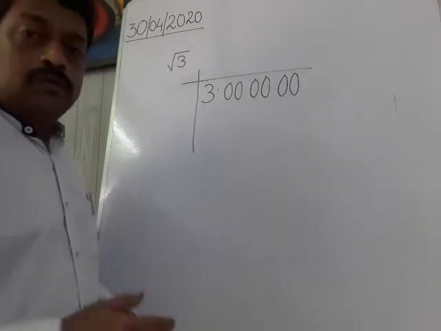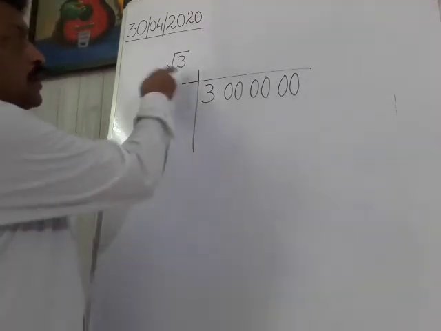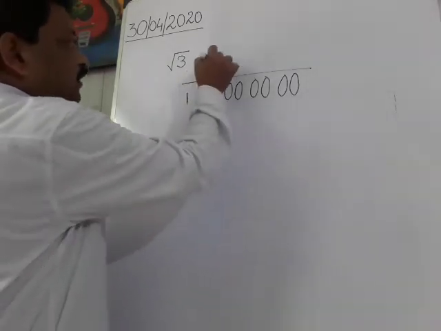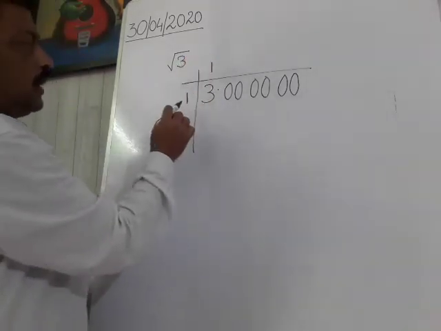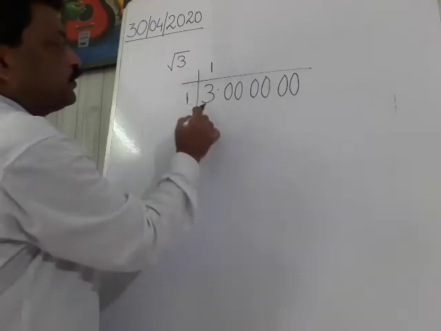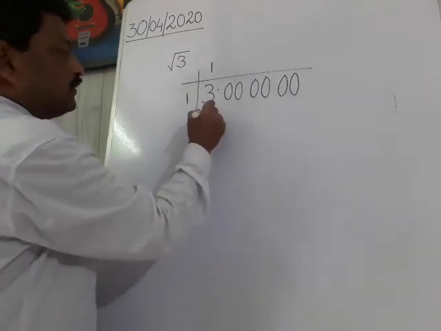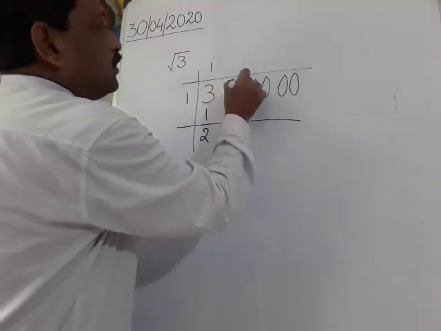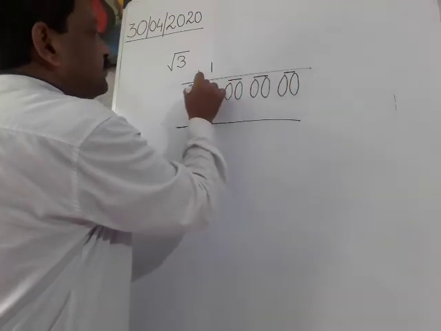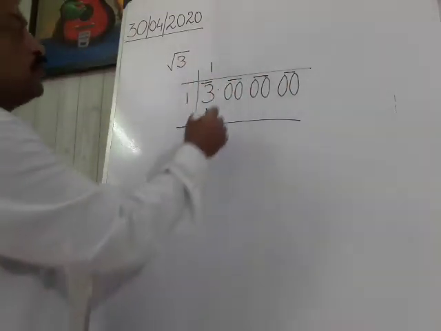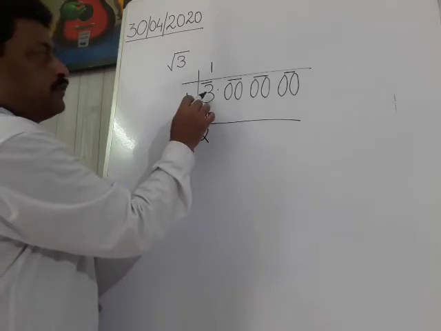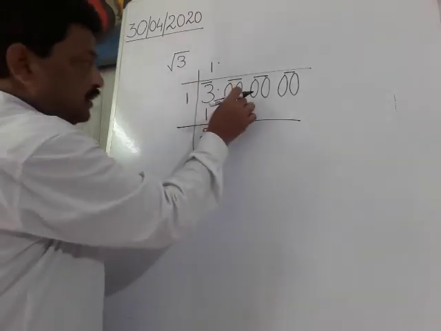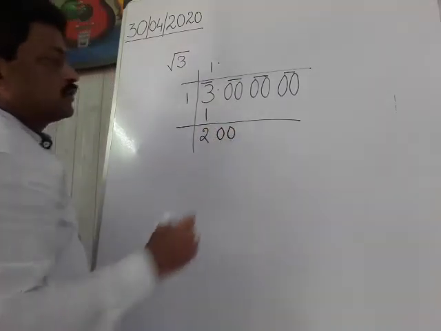Now I am going to show you how to find the square root of 3. 3 is also not a perfect square. So first of all, 1 here and 1 here, because 1 ones are 1, and if I put 2 here, then 2 twos are 4, it will become more than 3. So 1 ones are 1. Remainder here is 2. The grouping should be done first. The next group will come, but see here, I have finished that integral part. Then I have to put decimal here, and then these two zeros will come down, the next group.